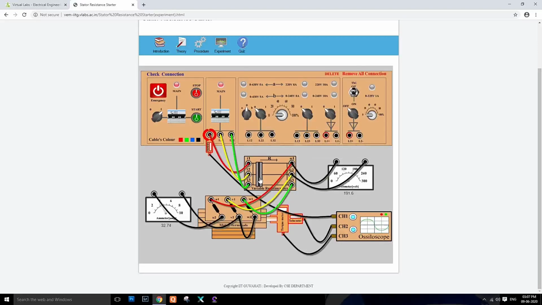Okay, if you decrease the resistance to the extreme left, then full voltage is applied across the stator, and the full load current is 16.55 ampere. Okay, now if you want to delete some connection, say if you have connected in a wrong manner by chance,